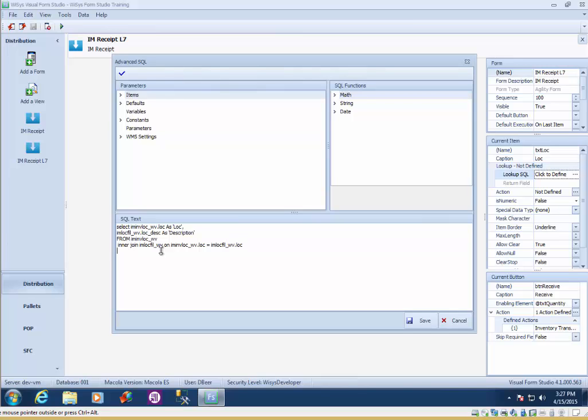And then I also need a where clause. And the where clause is because we already entered the item on the form. So we need to only find the locations that exist for the item that the user entered in the first field on the form. So I'm going to enter a where